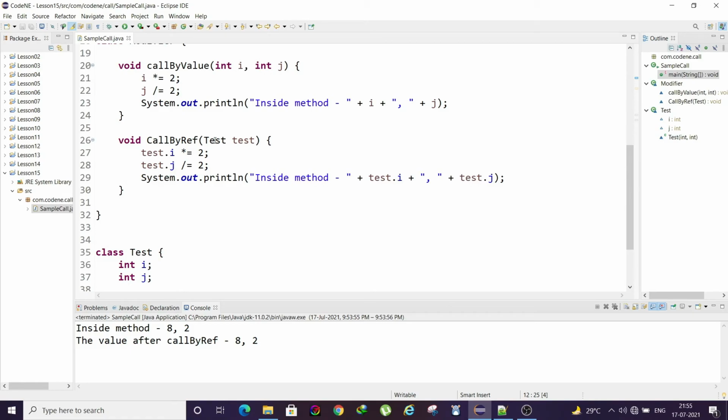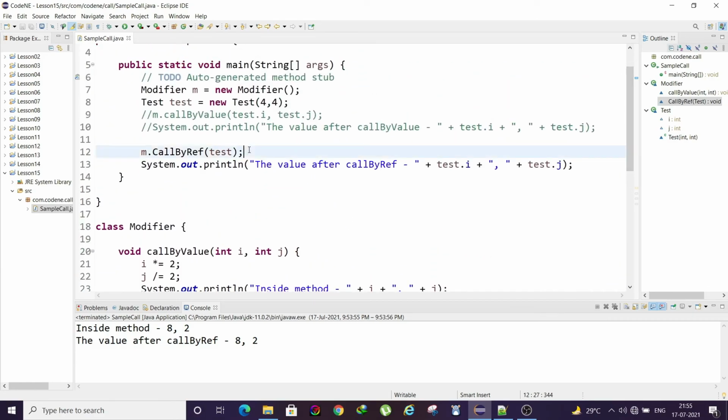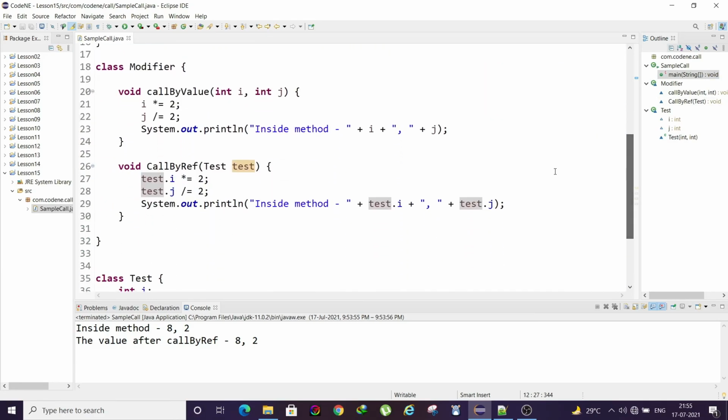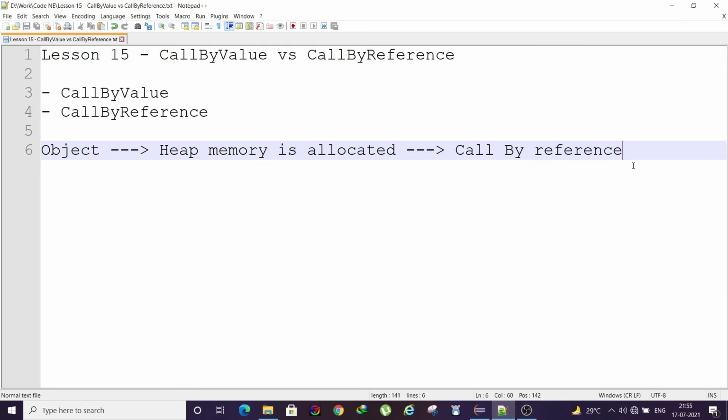So whatever changes you make to this copy of test will be reflected in the original test object as well, because they both point to the same address. That is the concept of call by reference. A reference of the address is sent, and ultimately they both refer to the same address.